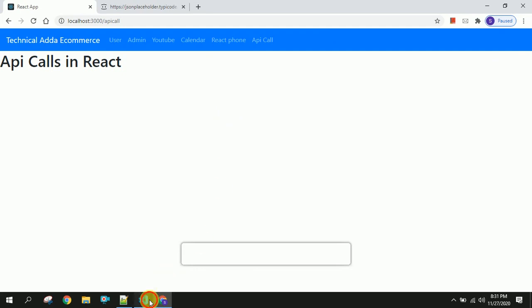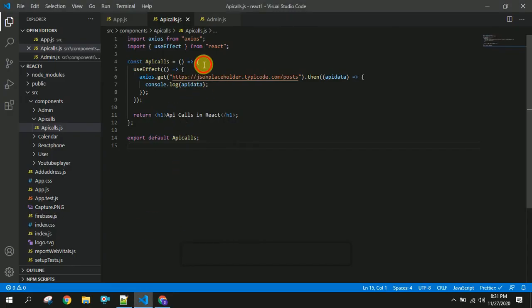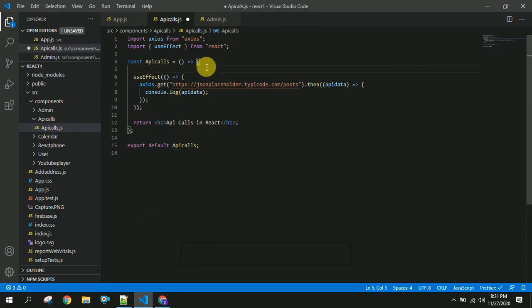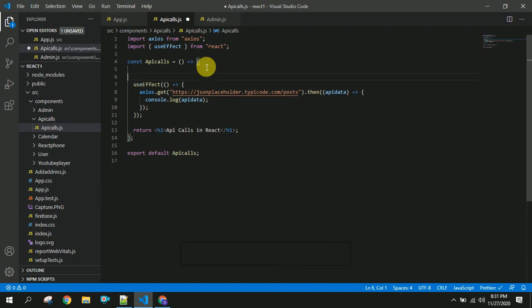Now I will render this data in the HTML part. For that I am going to create an array by using useState.